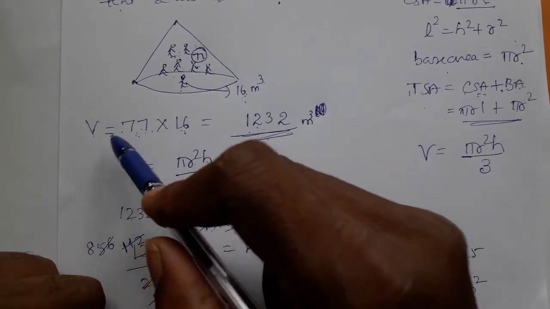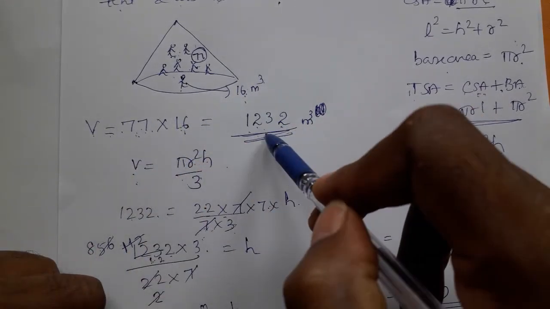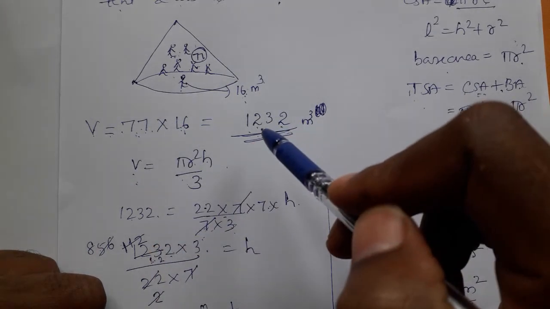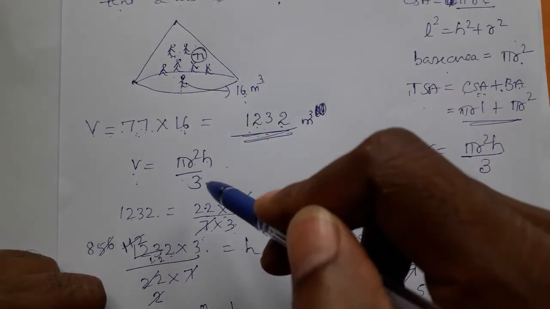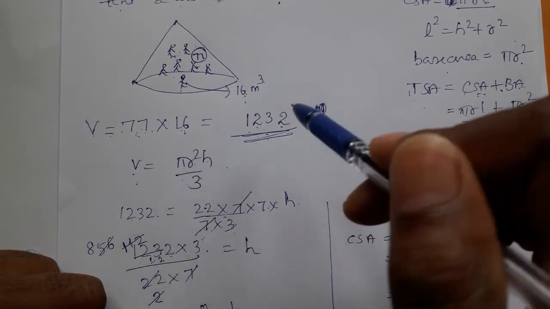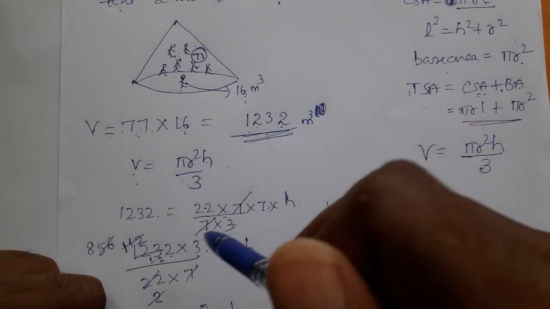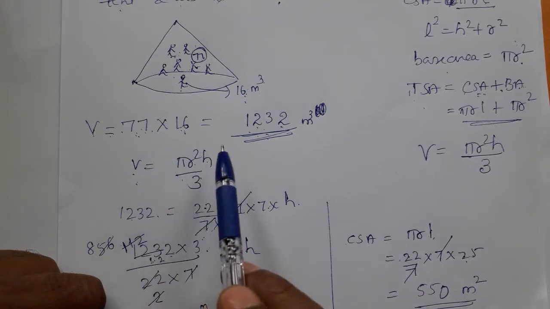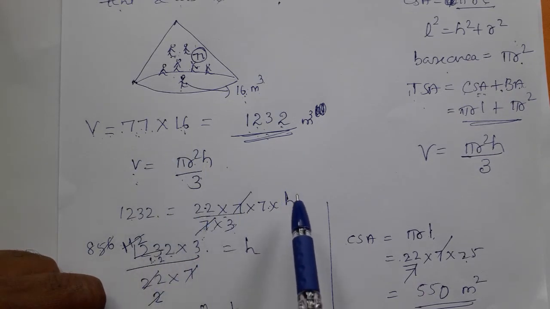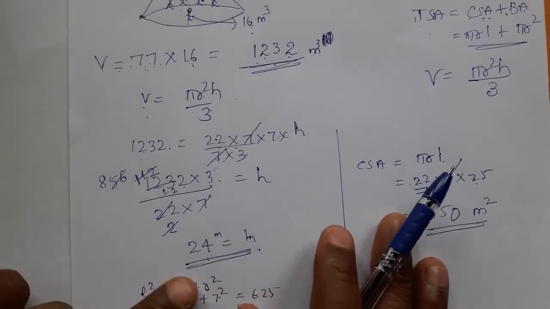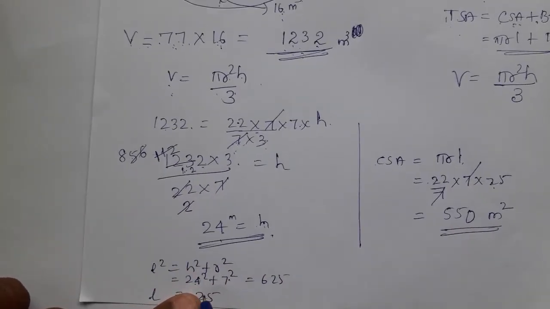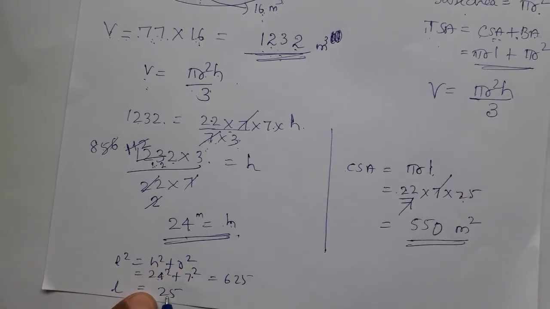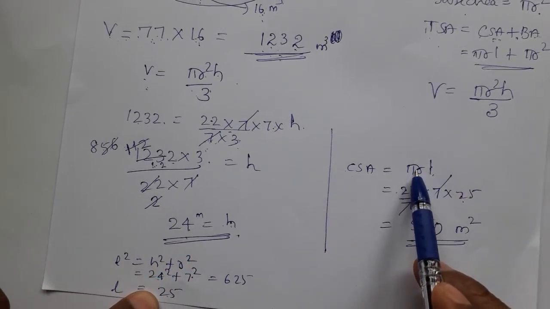Now, once we get volume of the cone we have the value, but we did not use the formula. See, in the question, volume of cone is directly given also. You go for the formula once. Because in that answer, some unknowns you can find out by substitution. Look at this volume formula, all the given substituted, we come to know the h value. Using that h value, we will find out the slant height that we use in the curved surface area.